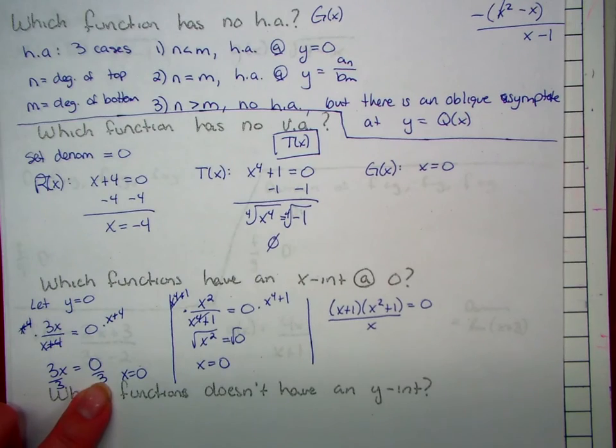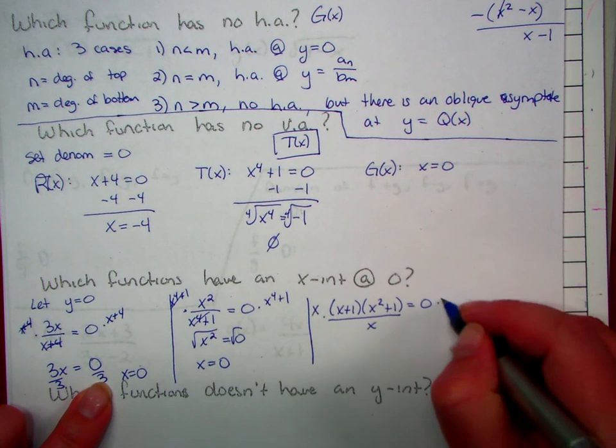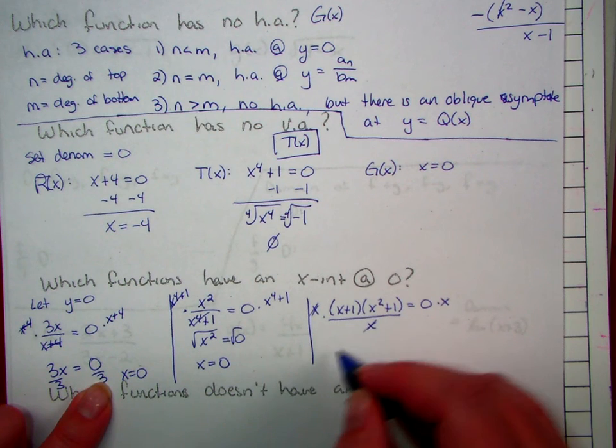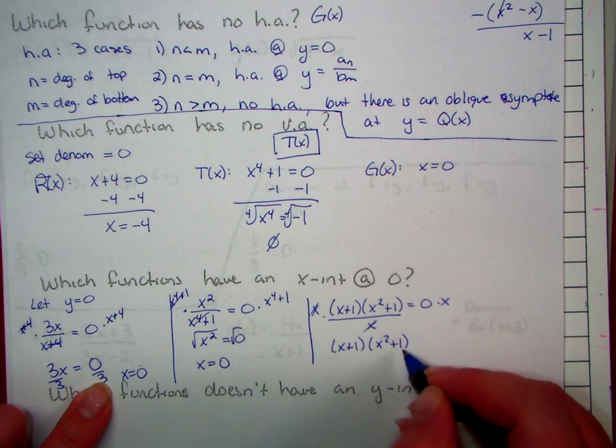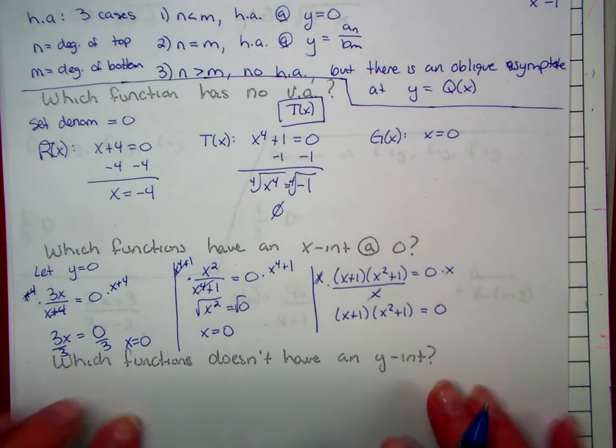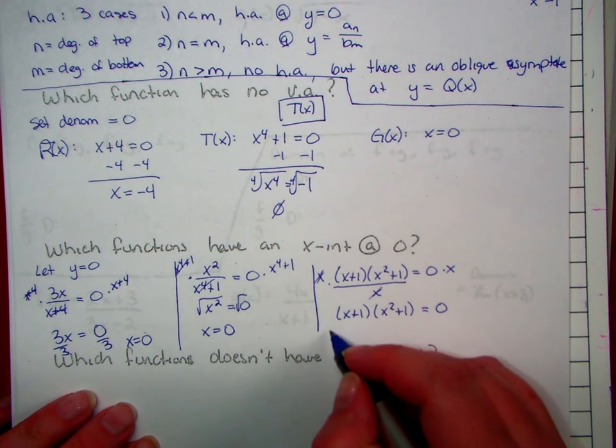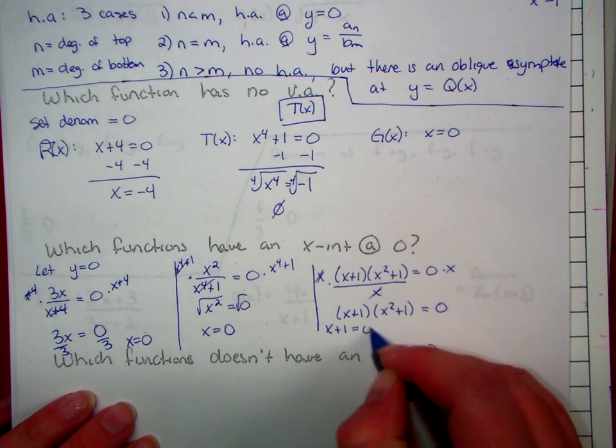Because it's going to be a little bit easier. All right, set the reduced one equal to 0. So first thing, I'm going to get rid of that fraction, multiply both sides by x, and I get x plus 1 times x squared plus 1 equals 0. Well, I have 2 factors equaling 0, so I need to set both factors equal to 0